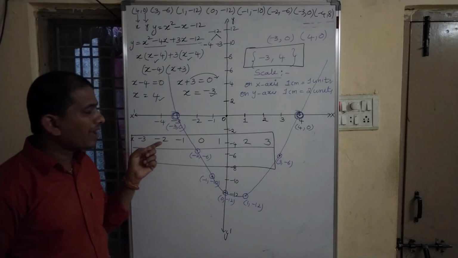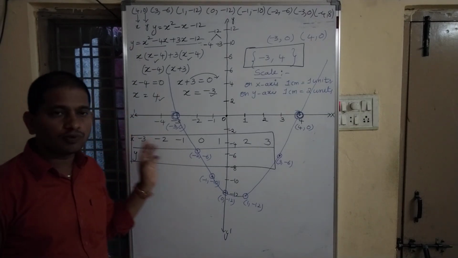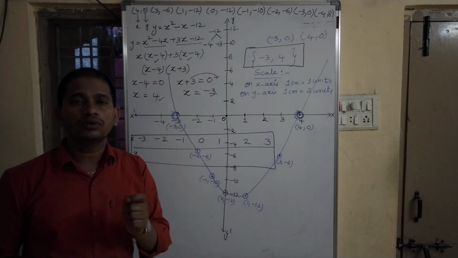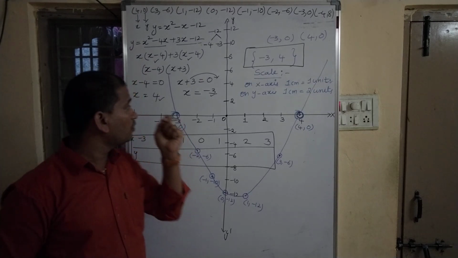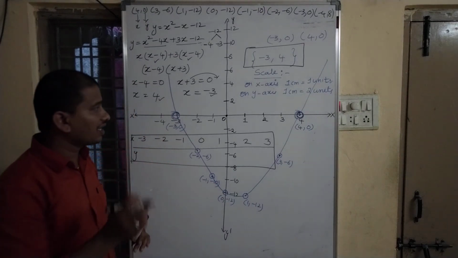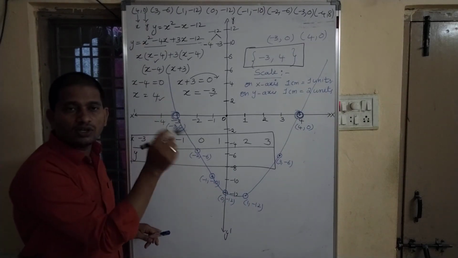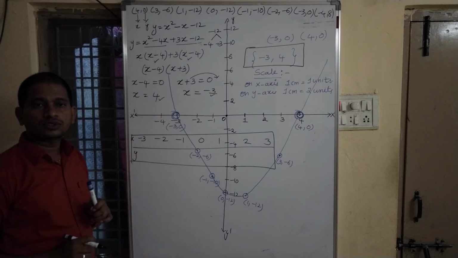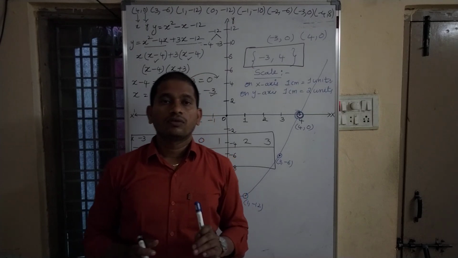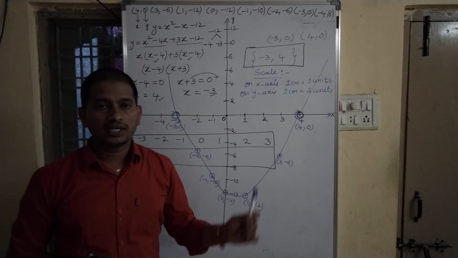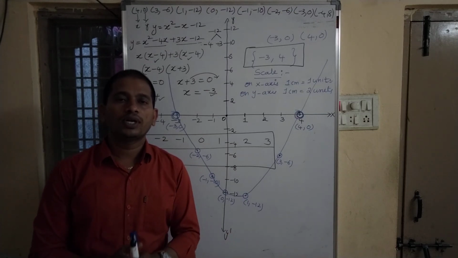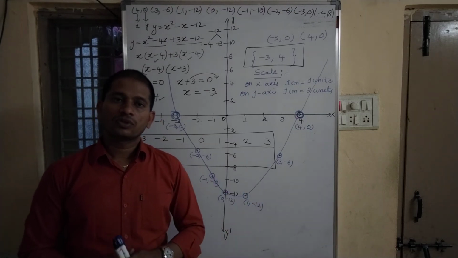Okay. Maximum values are between 4 and minus 4 only. But in case you are confused, what you have to do is find the zeros of the polynomial using factorization, so that we will get an idea in between which values we have to take. Okay. I hope you understood this question, which is a 4 mark question. Once you practice on graph paper, you will get good marks. Okay. I hope you understood this sum. Thank you.